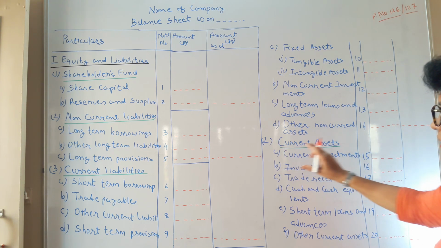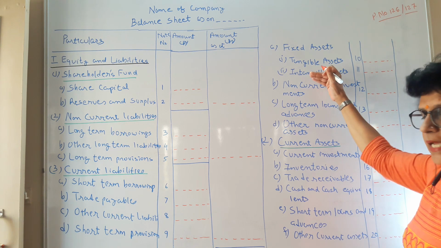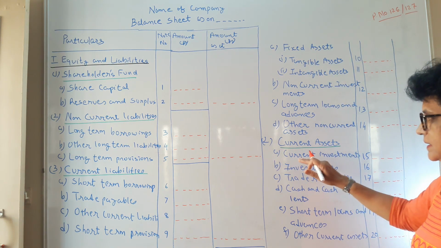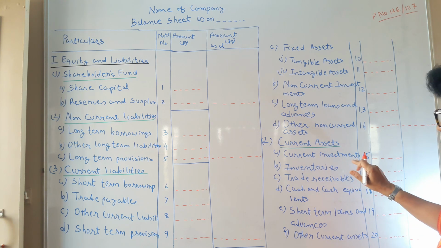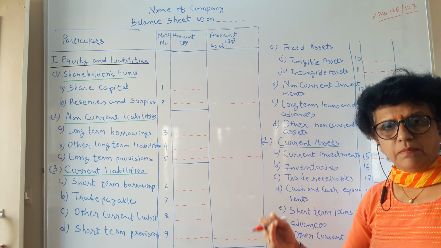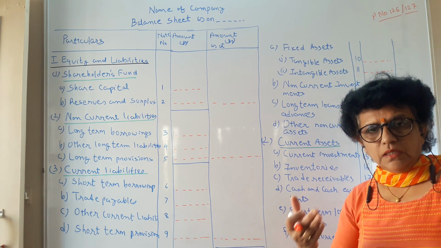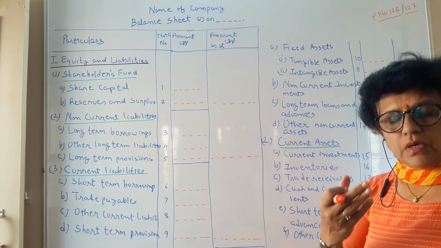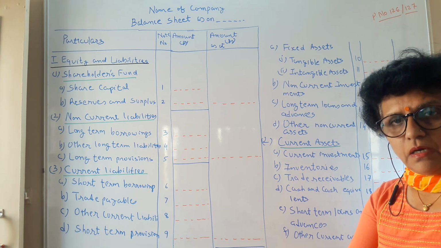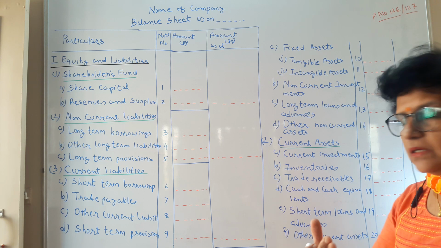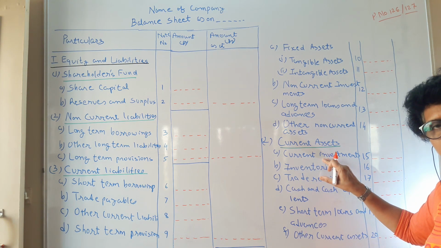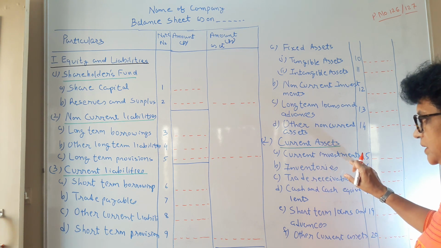Now the next is the current asset. Two types of asset, non-current and current. So in the current asset, the first we have is the current investment. The recent investments which are made by the company for the security, for maintaining the cash flow and to have the cash on hand, which can easily be converted into cash, which you can easily encash from the market. So current investments you have.